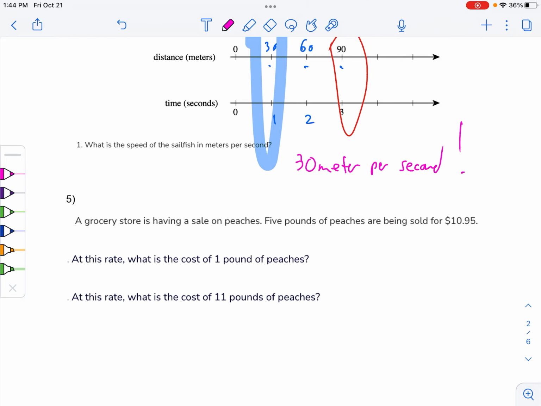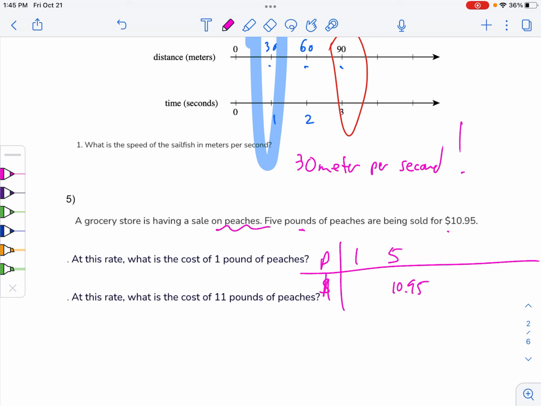Number 5, a grocery store has a sale on peaches. 5 pounds of peaches are being sold. So look, I have pounds and money again. I'm going to do my ratio table. You can use a double number line too. That also is very helpful in these kinds of things. So I'm going to do peaches and money. So it looks like I know 5 pounds for, I'm going to put a 5 here. I'm leaving room for unit rate in case I need it. But 5 for